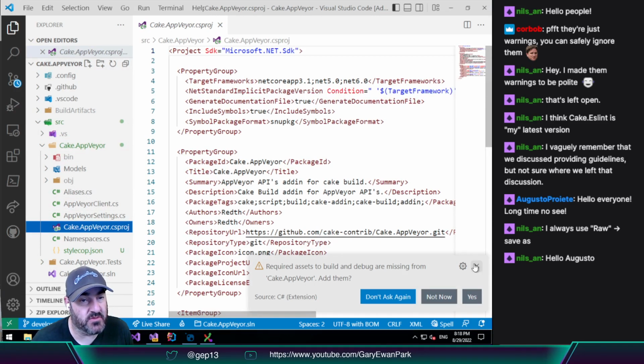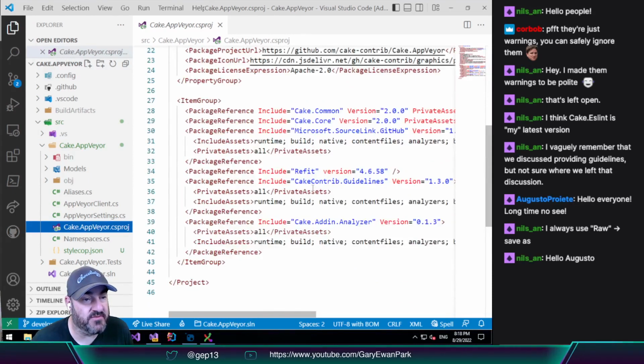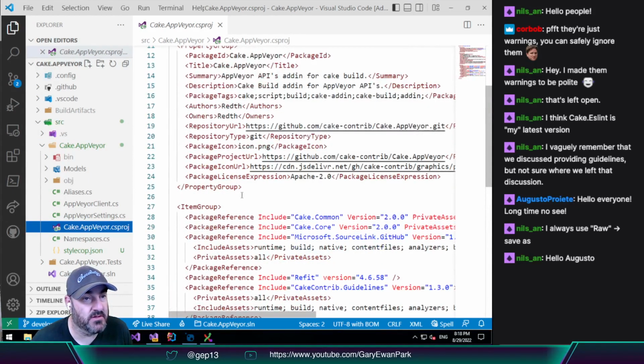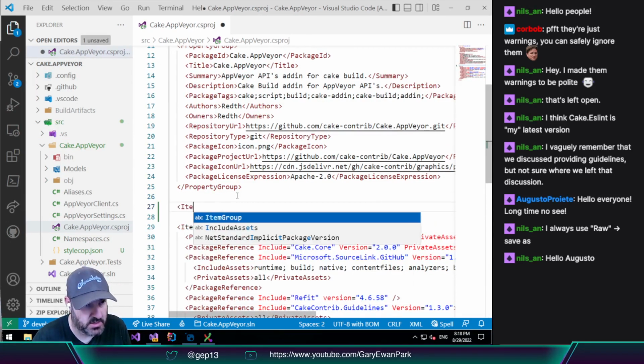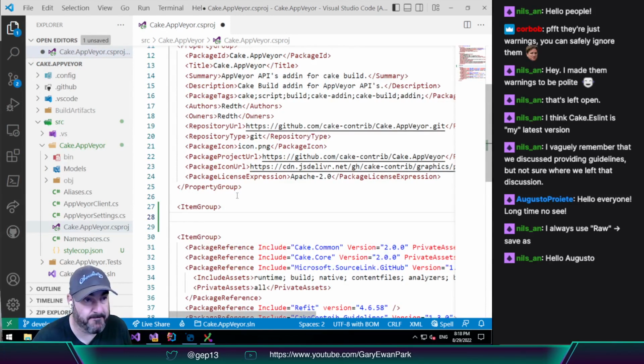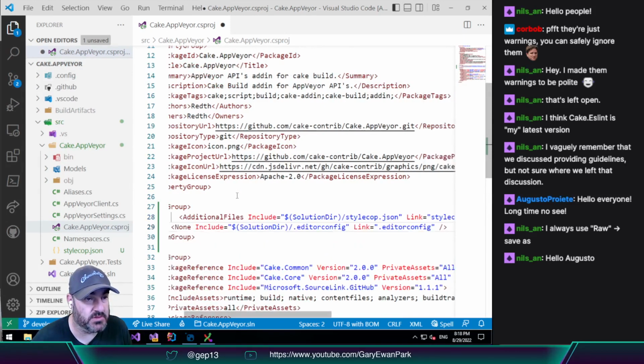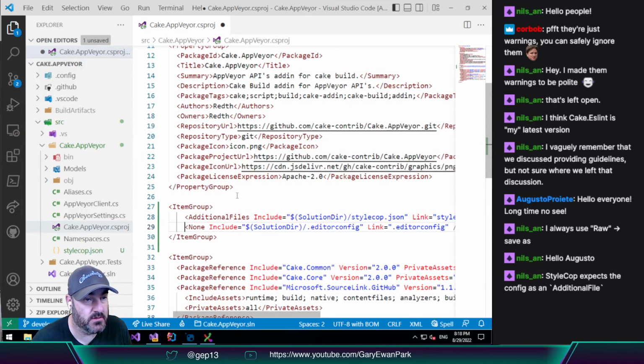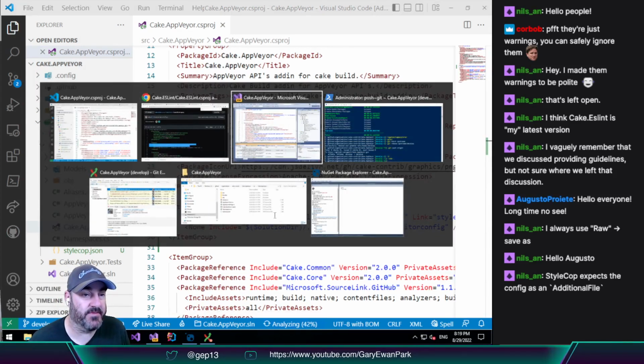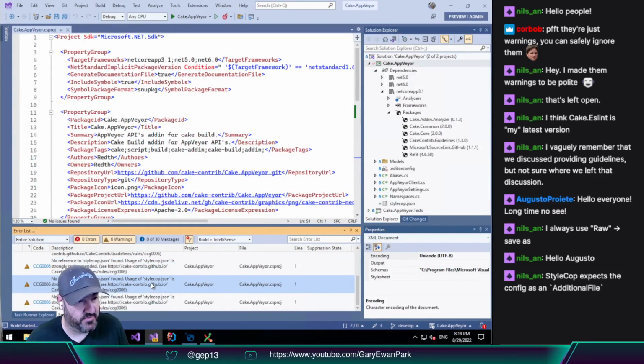And then in here, let's have a look at what we've got in here. There's very little in here just now, so that's fine. So let's do an item group and an item group, and we'll stick those two things in there then. Oh, so Nils is saying that StyleCop itself expects that there's an additional files entry for the StyleCop.json. And that's fine. We can add that in. So now then, if we go in here,